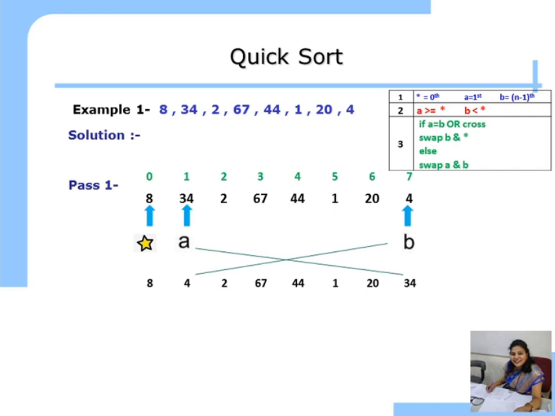Again we make the markers of pivot, A and B. What is the pivot at? At the 0th position, A as first and B at the last. Okay, again we perform the operation of adjusting. Why do we adjust A and B? Because we have not swapped the pivot yet. That's why we again perform the adjustment.